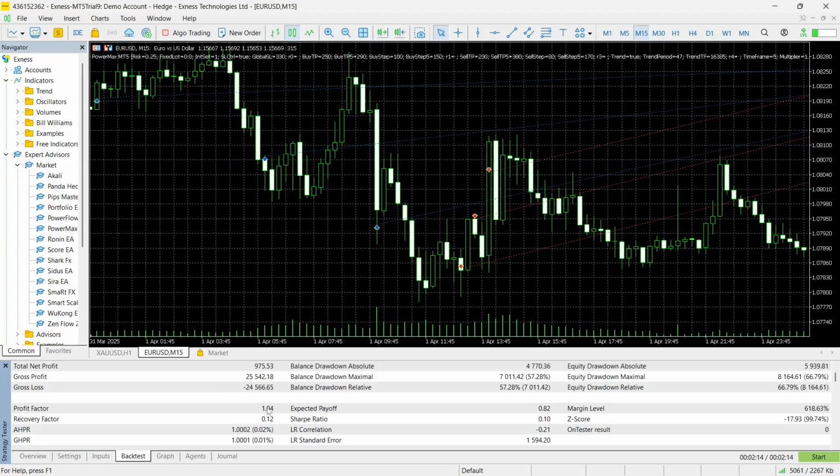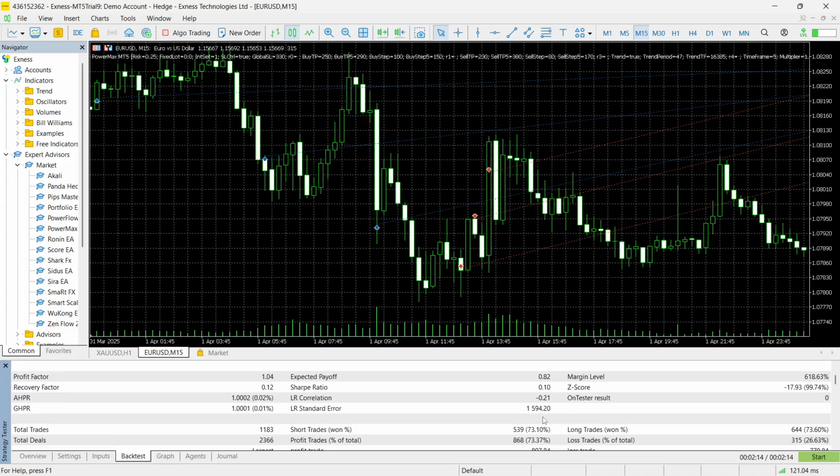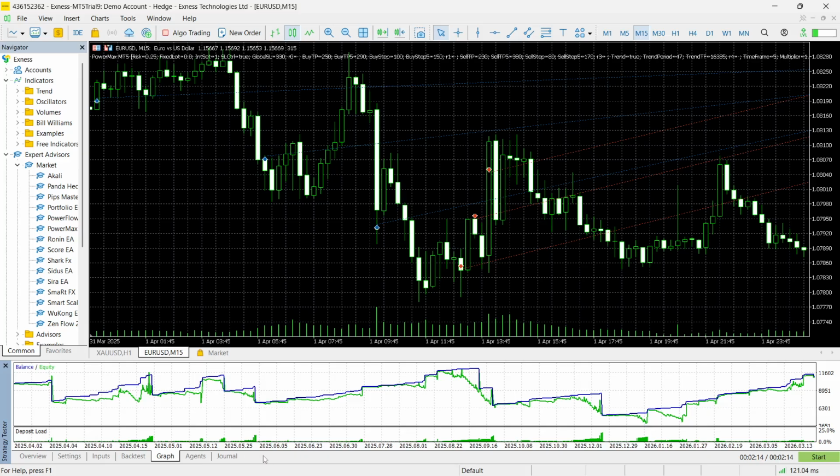And the profit factor was 1.04. Okay, you can see the balance drawdown was 57.28%. Now, taking a look at the equity curve as well, you see that it's quite different from what the